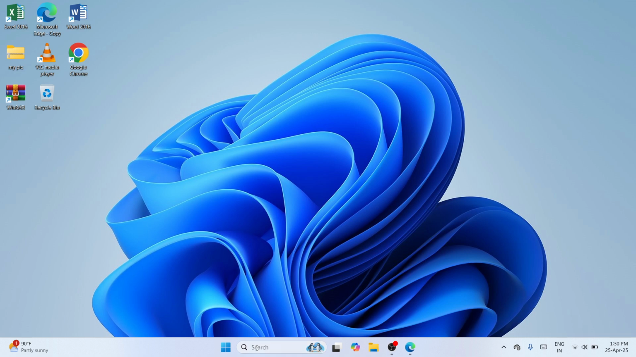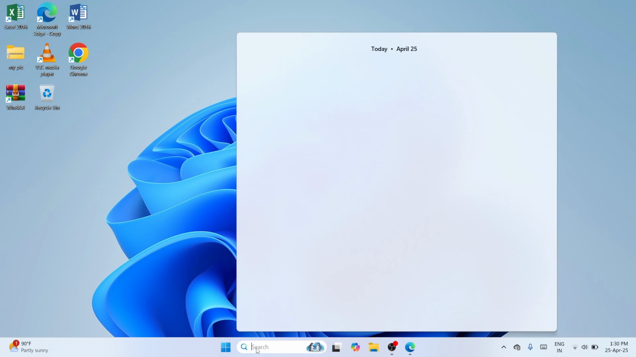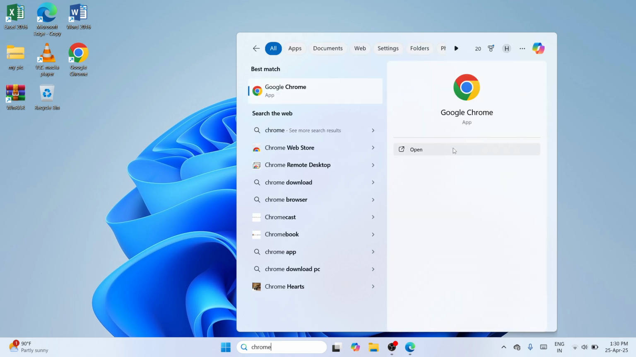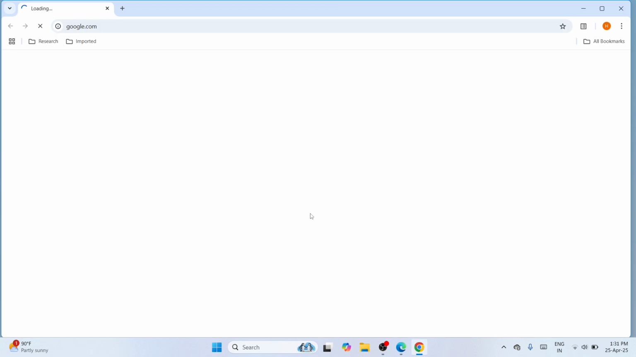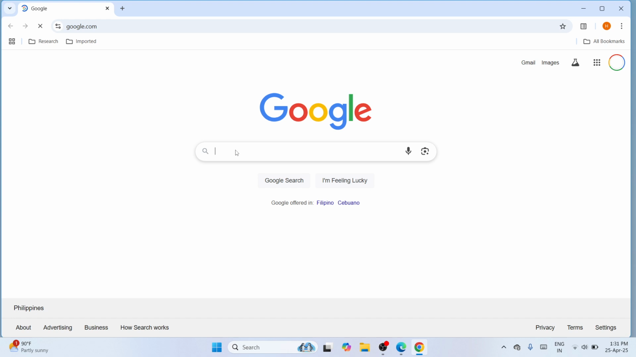Firstly, we need to bring up our Google Chrome. So by that, please proceed to the bottom search bar and type Chrome. Once you've typed it, wait until a best match appears in this window, and once it's here, please click on Open to continue. Okay, so the moment you are redirected to the Google Chrome browser, please proceed to the search bar here